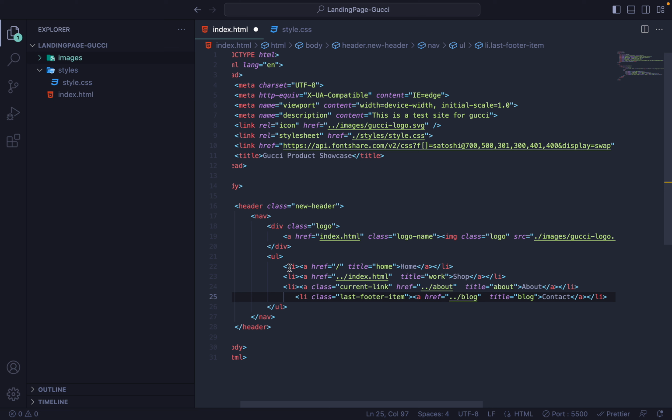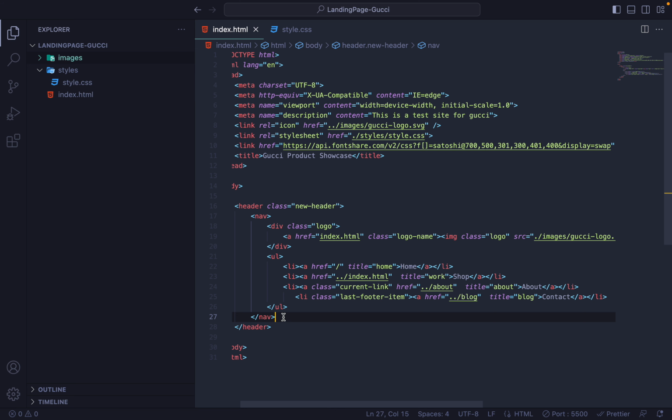All right, let me bring that over. It's a list item, list item, list item, and all of them have a different class name. Just so when the link is current, we'll have that, and this will be so it won't have padding, but I won't be working with that in this project. So there you go. That should add our navigation list